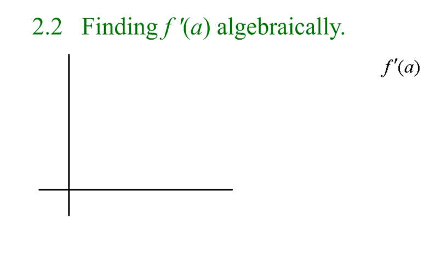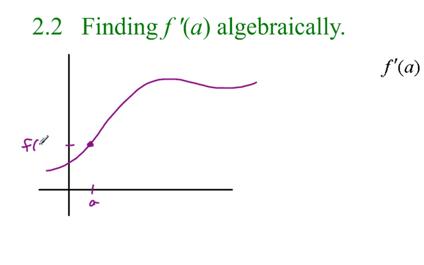In this lesson, we're going to be looking at finding the derivative of a function at a specific point a and doing this algebraically. First, we're going to review our prior knowledge. So you'll recall in previous lessons we've drawn some function. That function can look any way we want, and we've placed a point at x-coordinate a, which has a y-coordinate